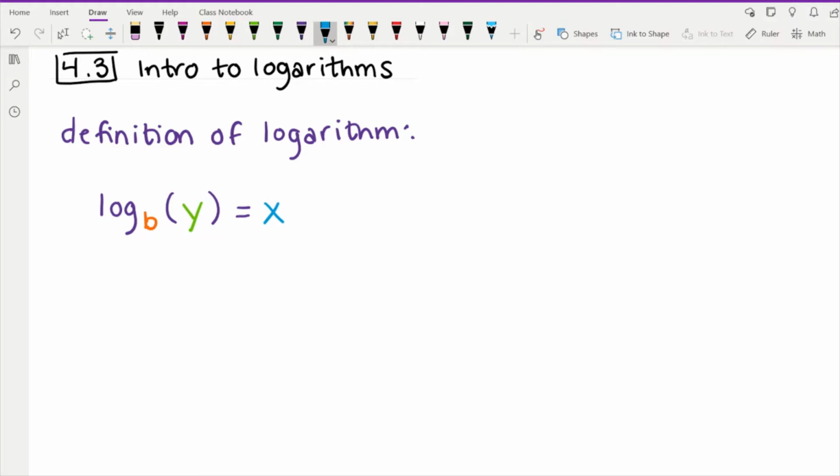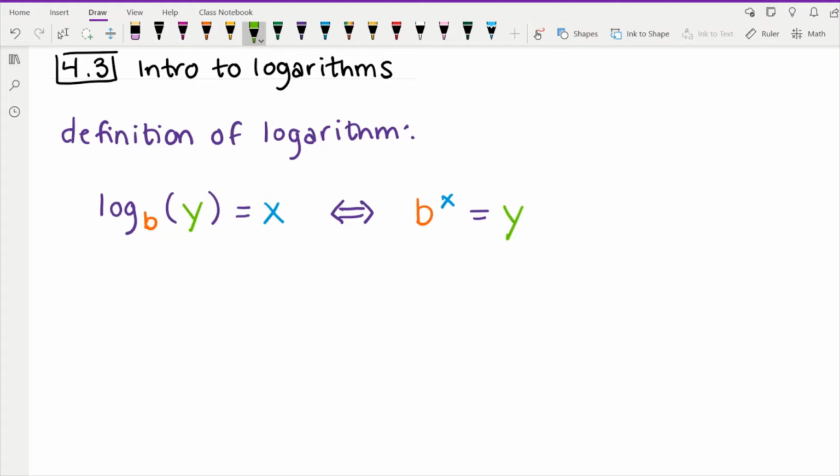Okay, so what does it mean to say log base B of Y is equal to X? Well, that's just an equivalent way of saying, so I'm going to draw this arrow that goes both ways. This arrow that goes both ways means is equivalent to. So the thing I'm about to write on the right is just going to be kind of a restatement of what's written on the left. So if you have log base B of Y is equal to X, that's equivalent to saying that B to the X is equal to Y. So you can kind of think of these as just sort of equivalent ways of saying the same thing